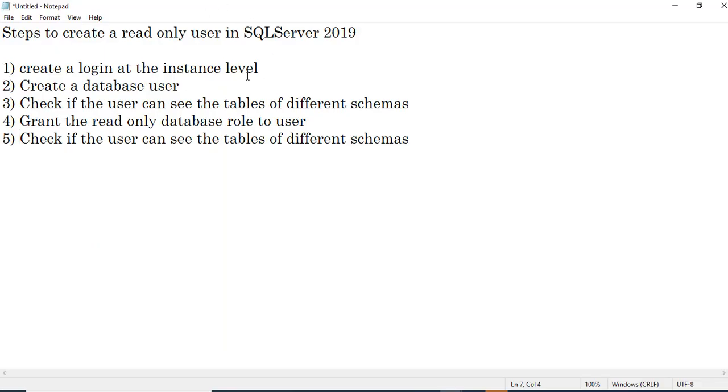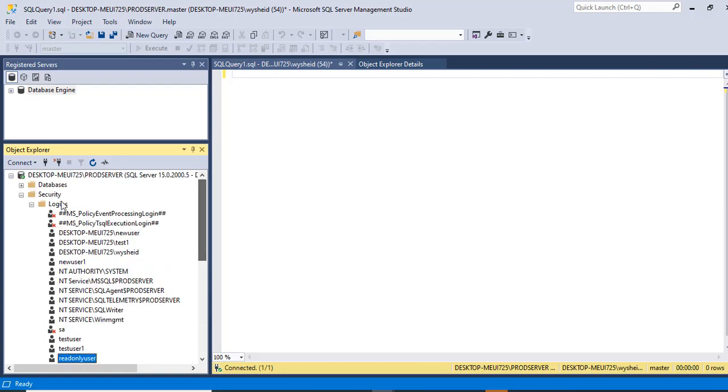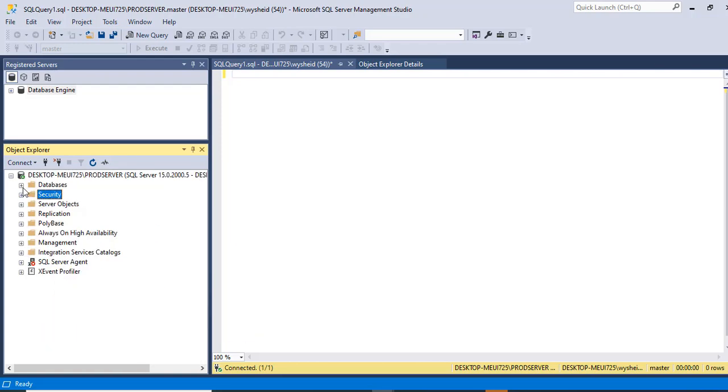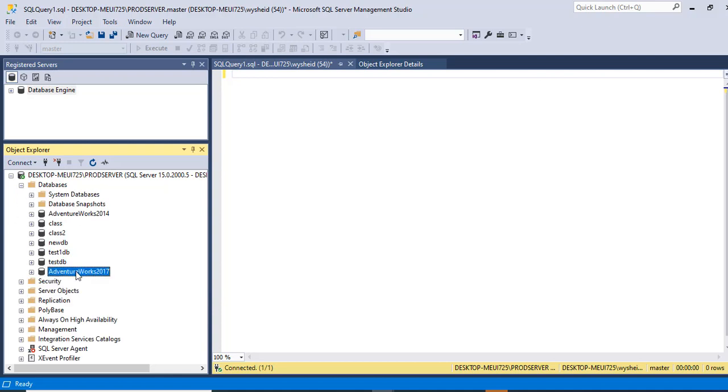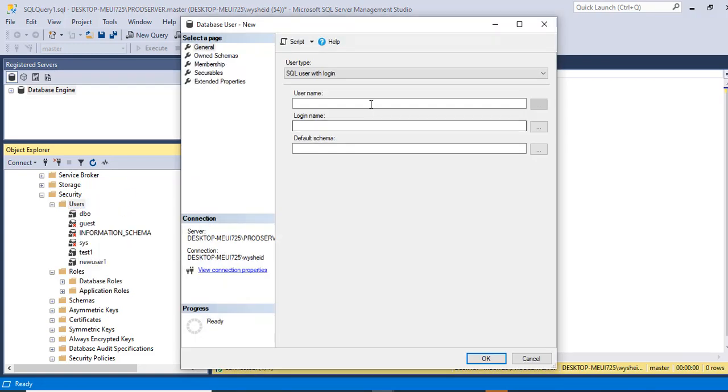That is, we have created the login at the instance level, and then we are going to create a database user. So for that, we'll select the database to which the user needs access. So here I'm going to select the AdventureWorks database, and again expand and select the security under the database, and then here the users are there. I'll right click, create a new user. Okay, so I'll give the username as read only user, and I'll browse the login name